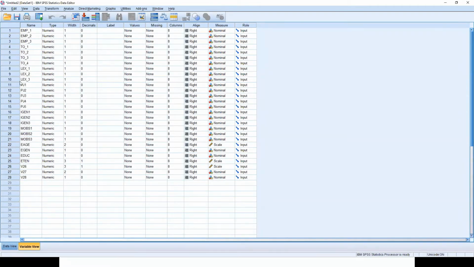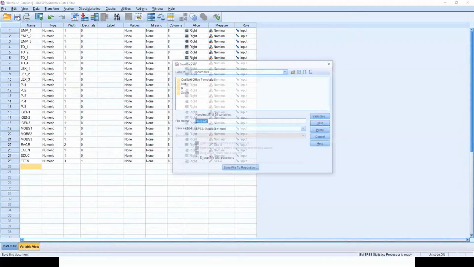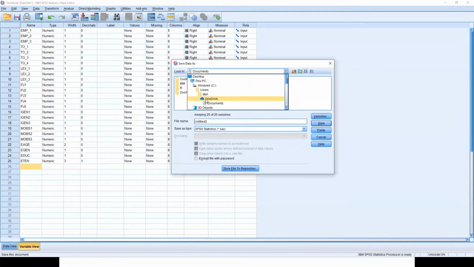In variable view, you will see all these variables, and then 26, 27, we don't need this. These are not required, so even if you let it remain, it doesn't matter. If you clear it also, it is fine, right? And I will save this. I will again go to the folder where I am working, which is desktop, data, this is data.